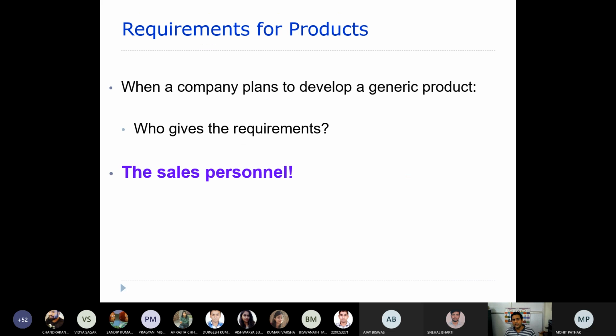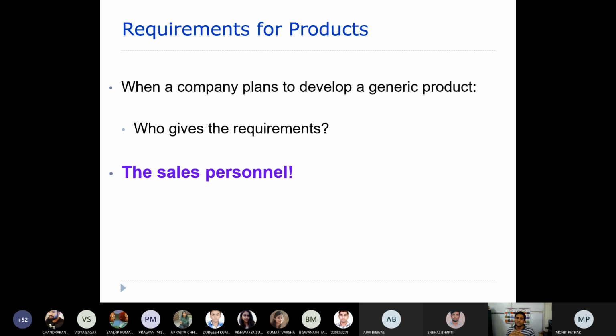So usually, requirements for products. Let's say in case of any hardware product or any product in the market, maybe a generic product which can be used by various customers, in those scenarios, who is going to give these requirements? Let's say you can think of toothpaste.